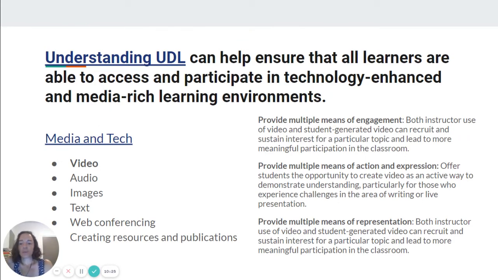And then just a little bit. So this is Understanding UDL. There's a whole website here that can give you a ton of information, and we'll share that link out. This gives you a lot of ideas if you go into their media and tech. This is the UDL on Campus website, and it gives you examples for each of these elements